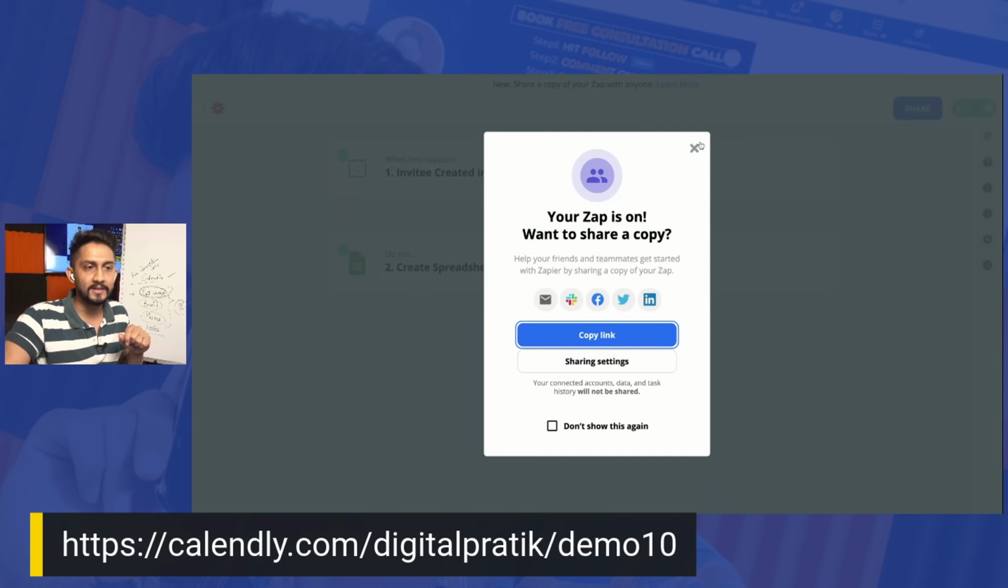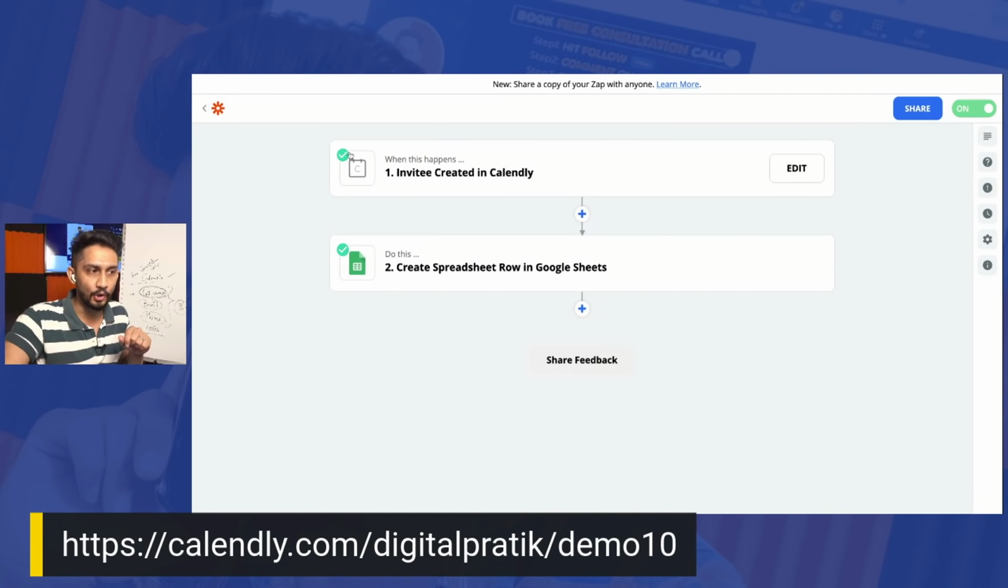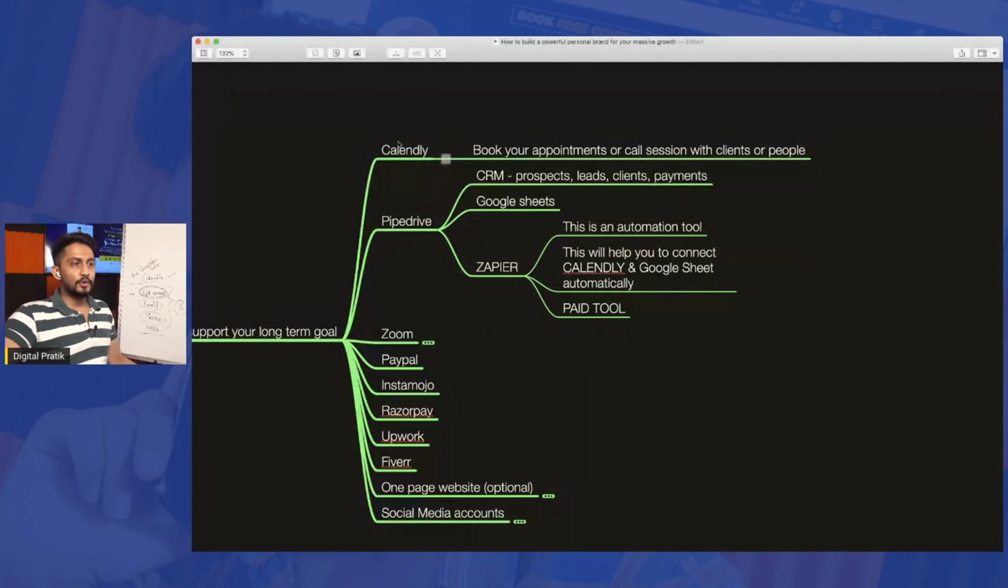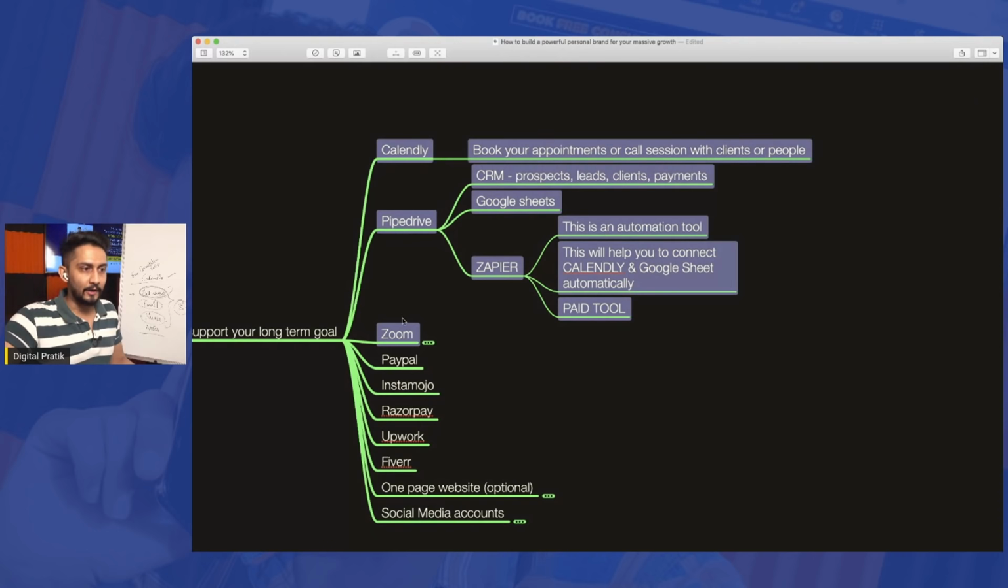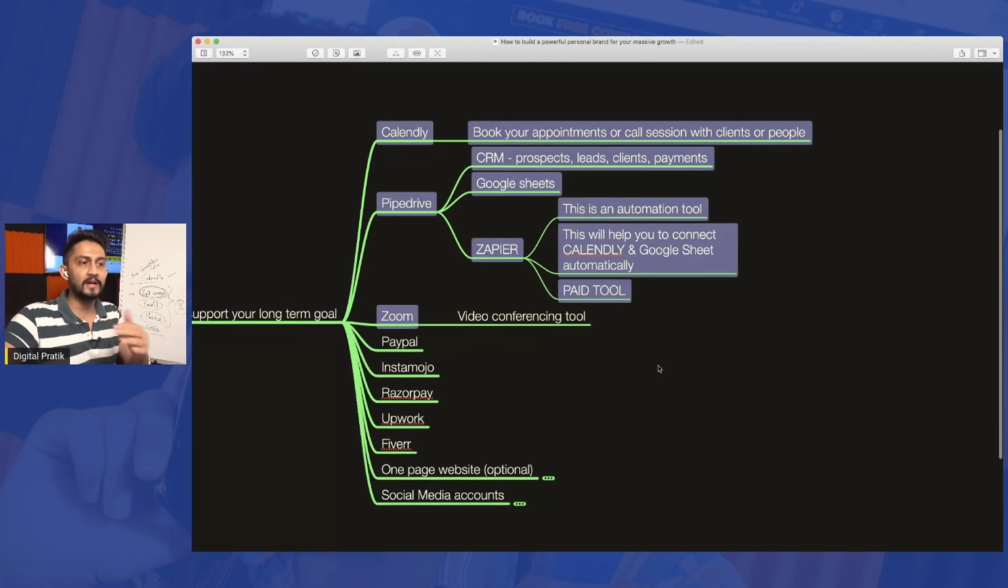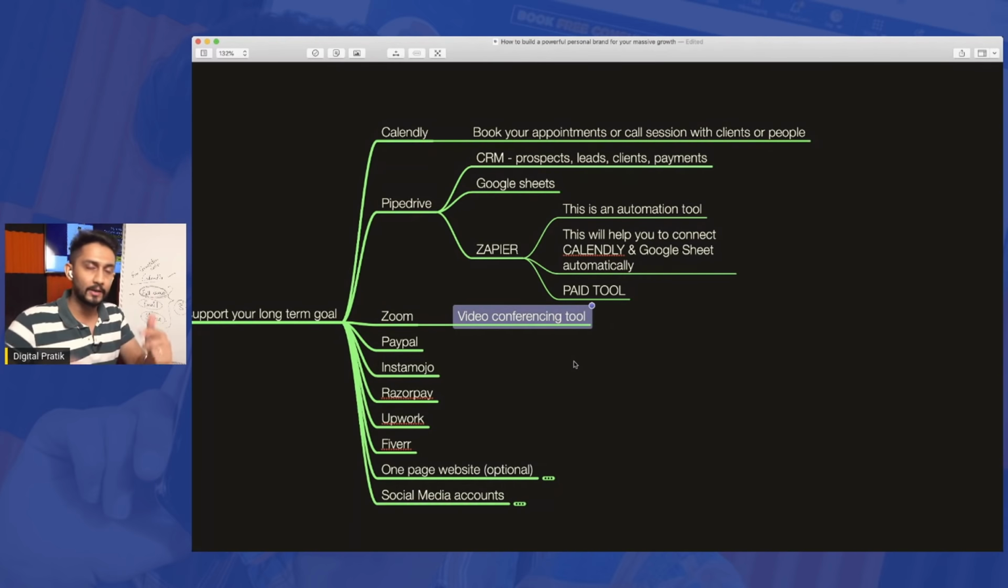And now it is running. All right, the Zap is on, both are triggered. So guys, we are done with these two things. And obviously the Zoom is also done. Zoom, you have to integrate with your calendar. So this is how you can start your content and your journey in personal branding